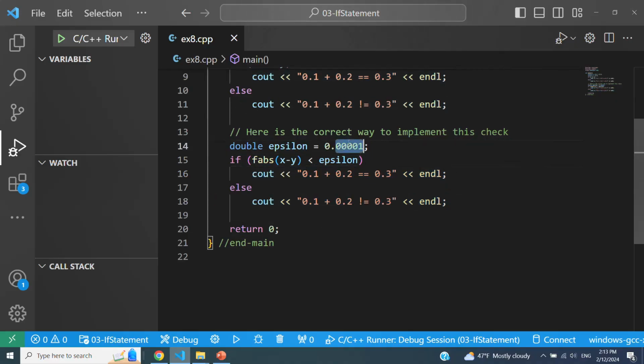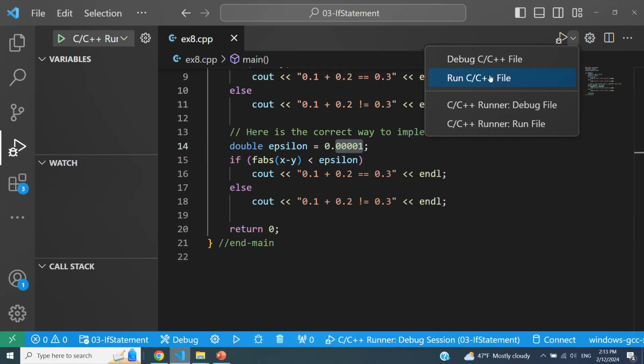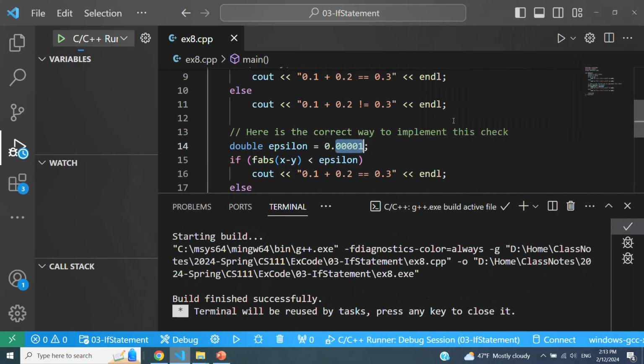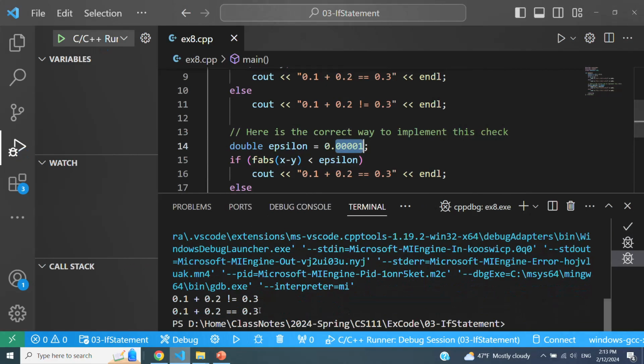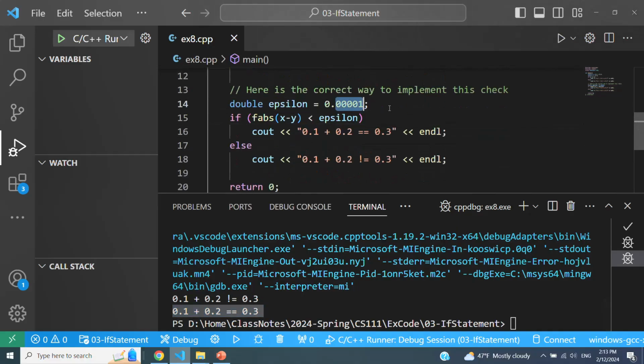So bottom line, it is the programmer's responsibility to define when two floating point numbers are equal to each other and when they are not. And let's run this, and now you're going to see that these numbers are equal to each other, because that's how we defined it. Basically we define what it means for these two floating point numbers to be equal.